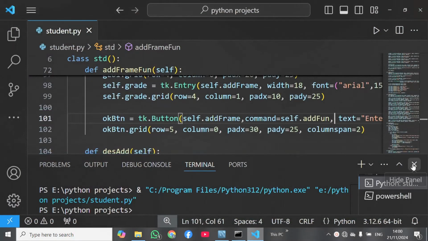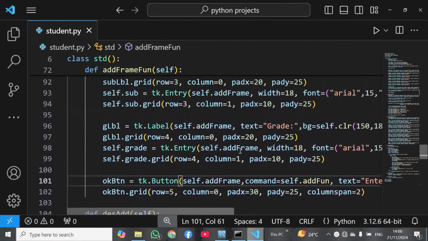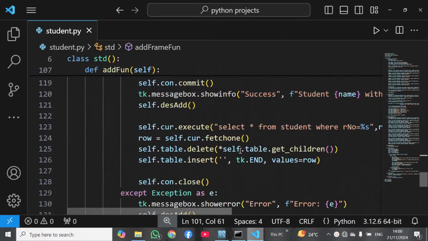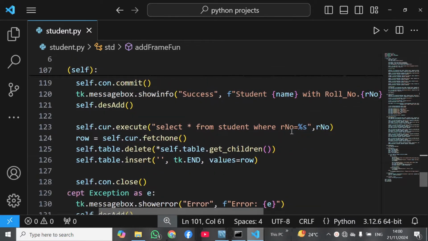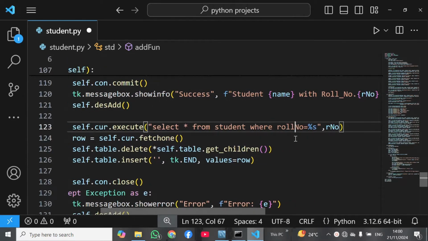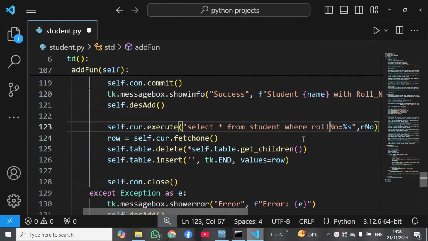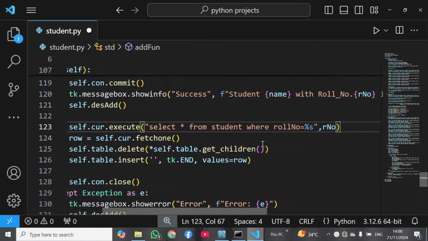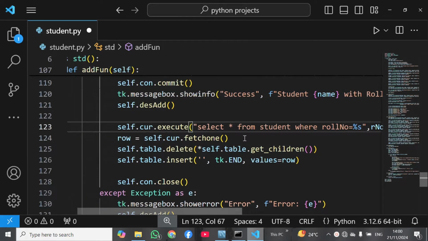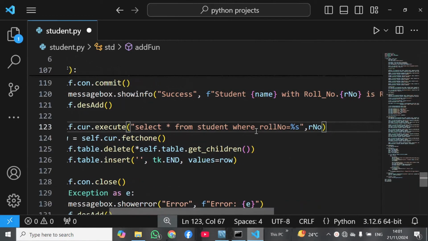So this is a problem when we are trying to retrieve data. Sorry, here I have to use roll number. Now this is perfect, this is roll number. Our student is registered, but when we were trying to retrieve data to insert in our tree view, we were facing this problem. But our student is registered. I will save it, and then I will try to